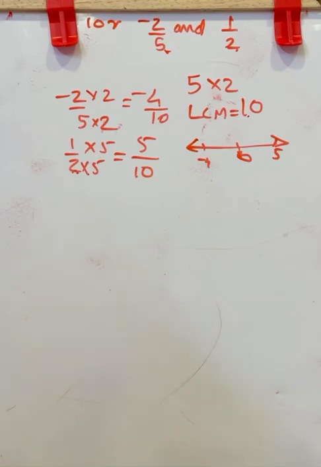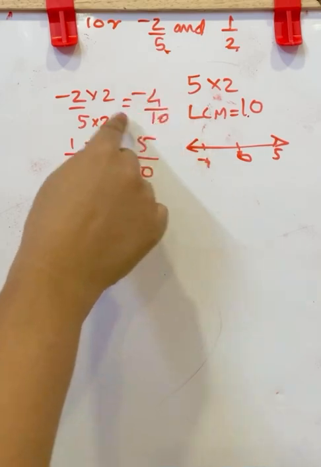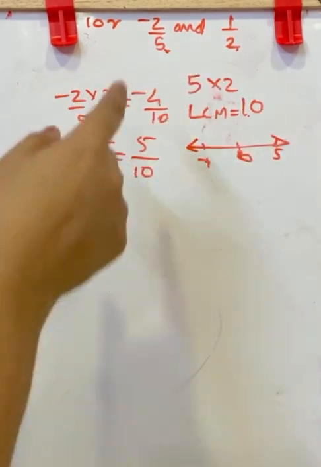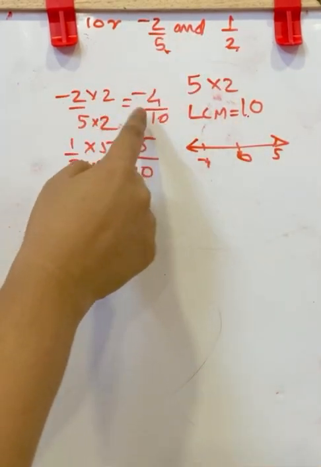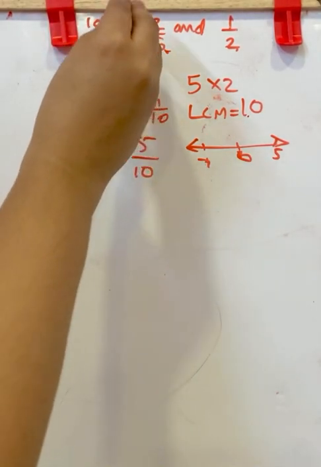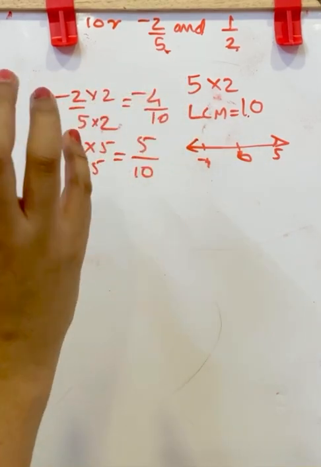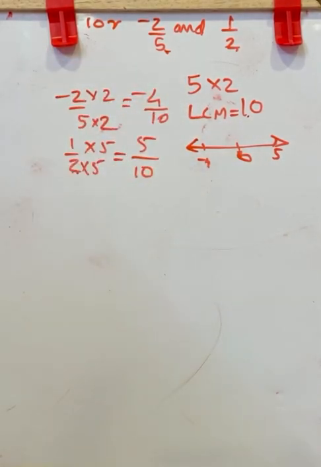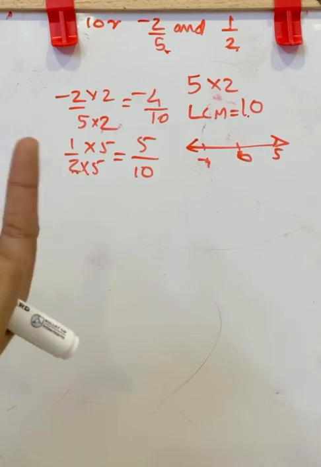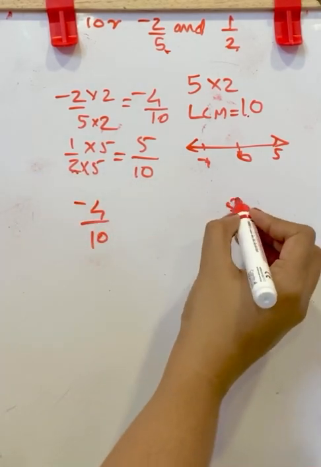We can multiply with any other digit and make this fraction a little bigger fraction. Here we made this fraction a little bigger, but it is equal to this. Nothing is changed in the value, we are just making it bigger in representation. So for -4 by 10 and 5 by 10, we will multiply by 10. It is the easiest method.